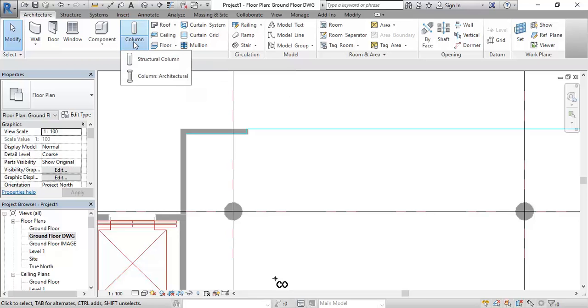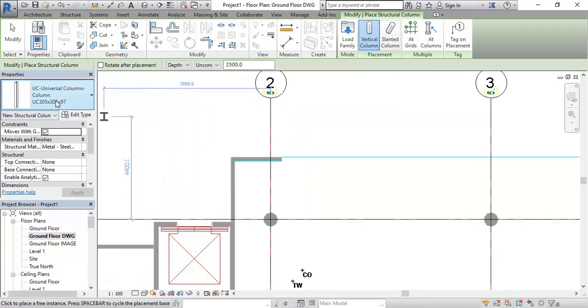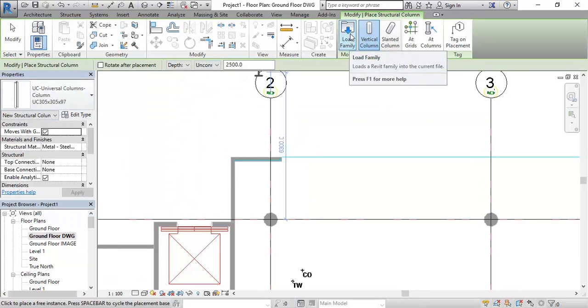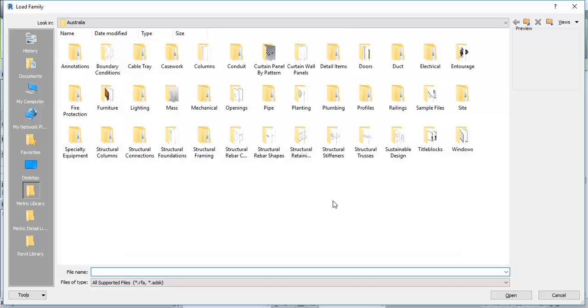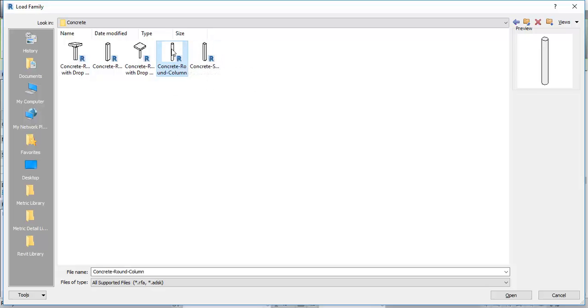And again, here clicking on the option under columns, I'm going to go to structural columns, and then click load family. And again, I need to make sure I'm loading structural columns, not regular columns. So the columns folder is for architectural columns. We don't want those, we want structural columns, so you need to find the structural columns folder. Double click on that, and then you can go to concrete, and you'll find concrete round column. Double click there,